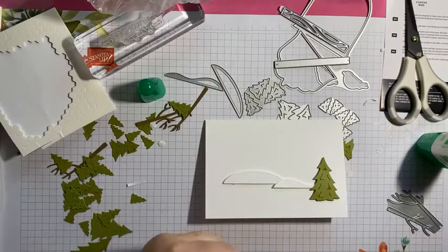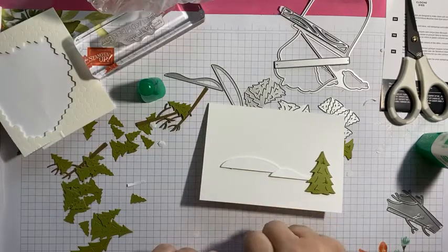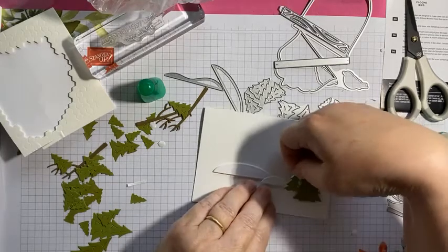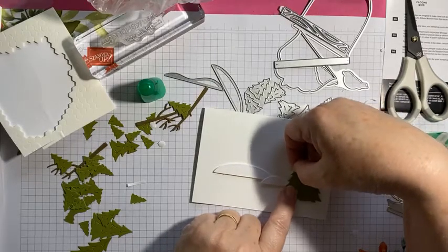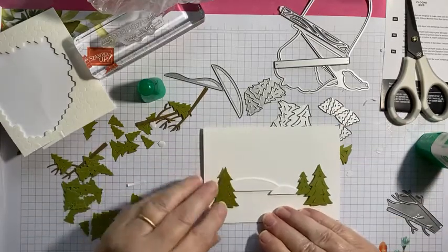Now I will need a dimensional at the top, because I want to glue the bottom to the actual slope piece. Let's put that on. So I'm going to tuck that bit under there, like that. And then you carry on building up your scene